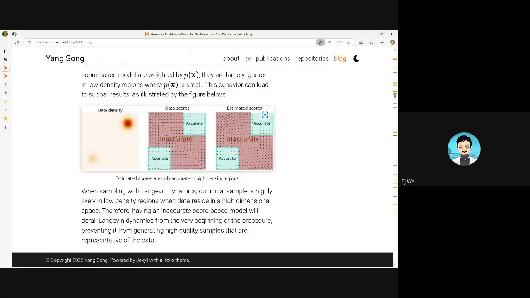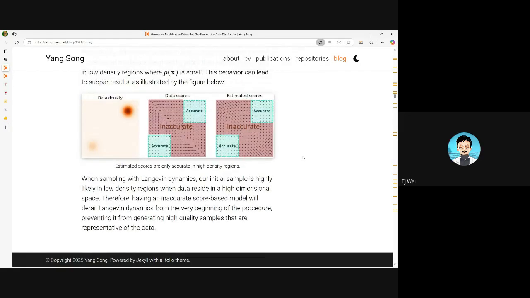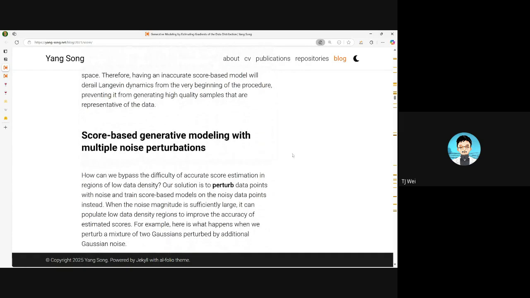So it will be circling around like here and never reach the green area. So this will make it very difficult to actually achieve a high quality generation. So how do we solve this issue? We do this by